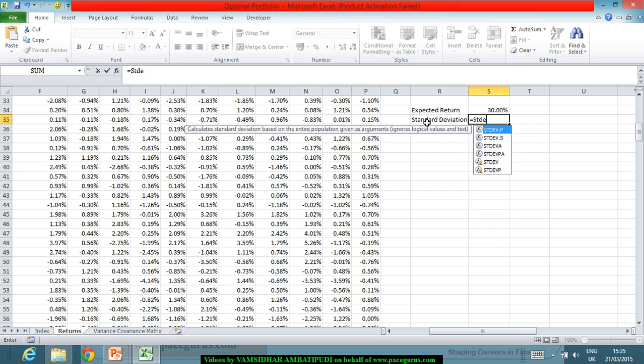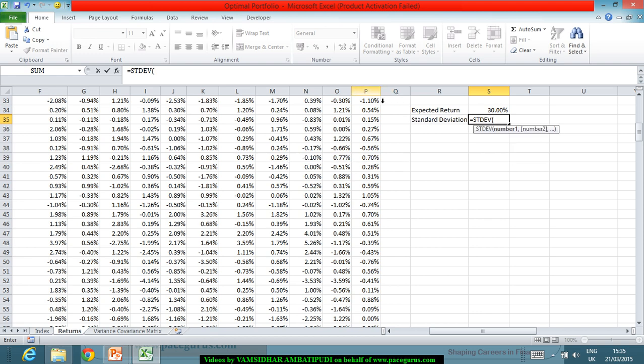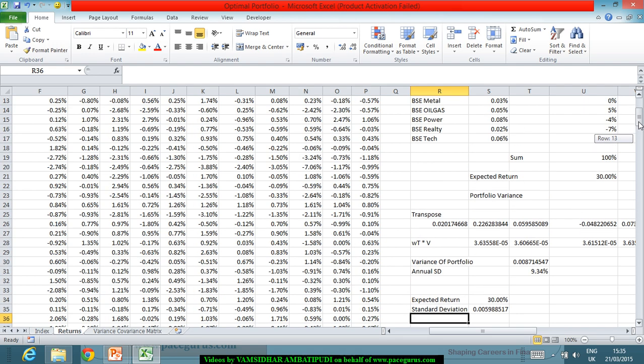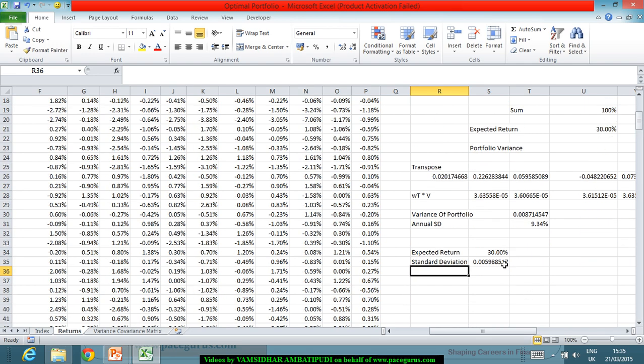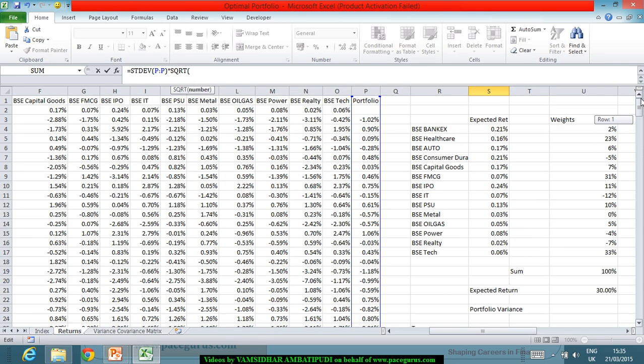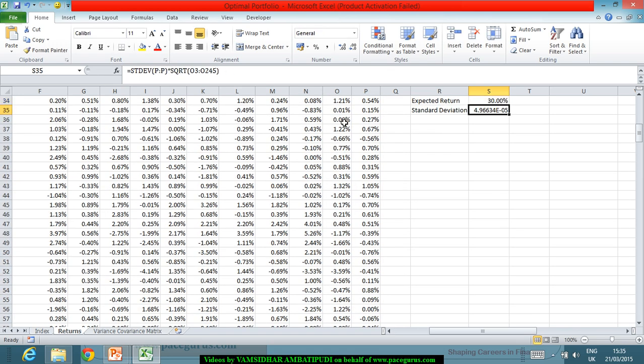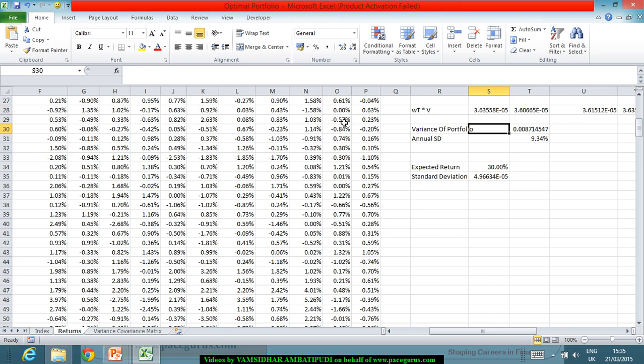This is the daily standard deviation. This I can multiply with the square root of the time period, the square root of the number of days, because variance will multiply with the count. So the standard deviation I can multiply with the square root of the count to overall arrive at